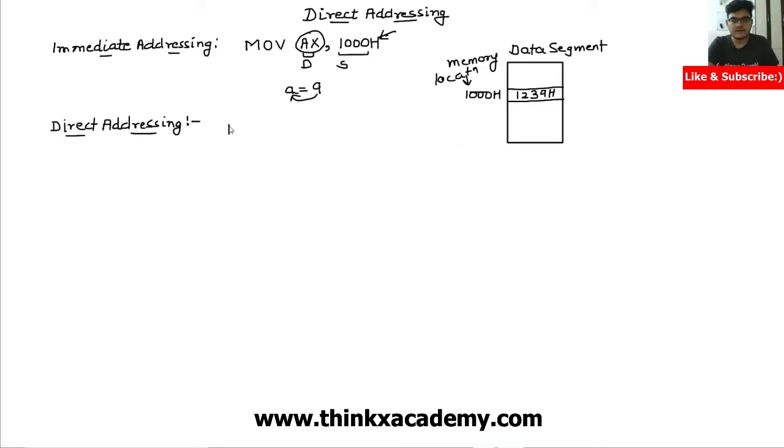So how do we do that? We can write a move instruction which will move the contents at the memory location 1000H, and push the contents stored at this memory location to the AX register. Now you can see this 1000H is basically data. In order to set this as a memory reference, we will use two square brackets. These square brackets basically mean that it is a memory location.